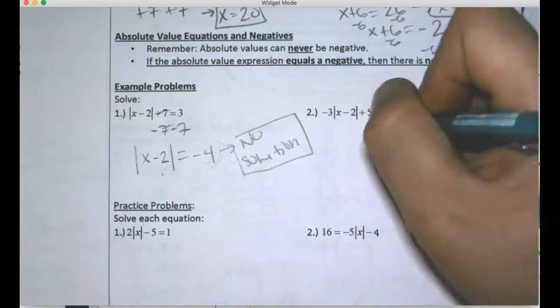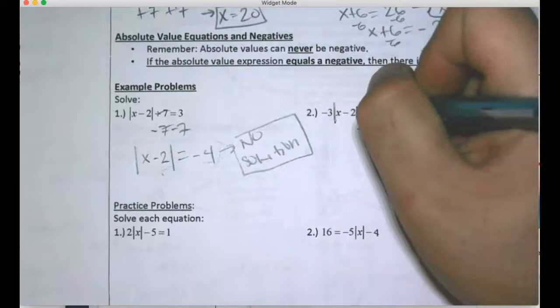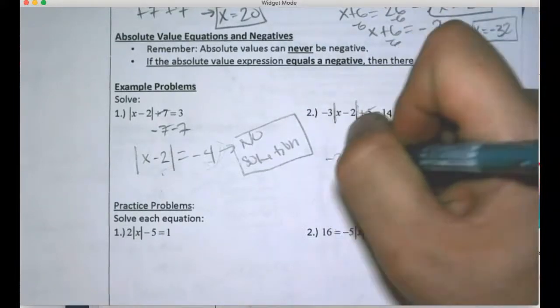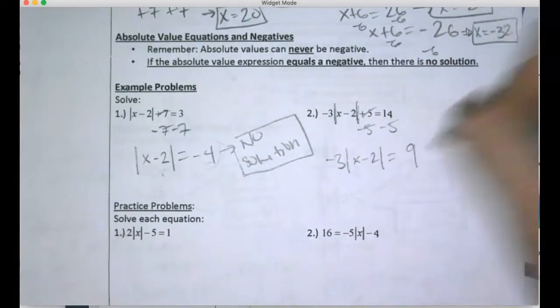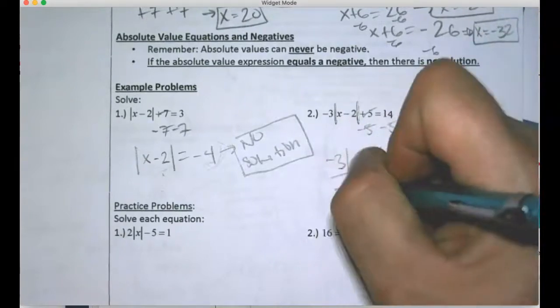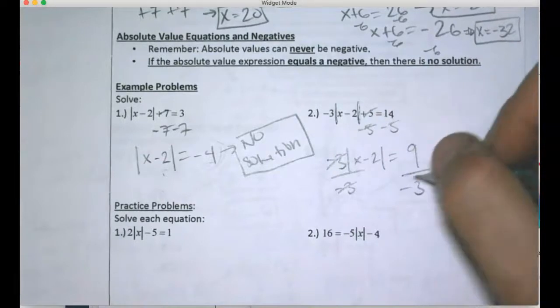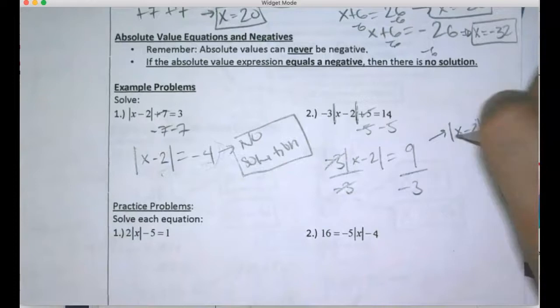So moving along, let me isolate, rewrite, and solve. I'm going to isolate this one by first subtracting 5. Remember, I'm trying to get the absolute value by itself, so I'm going to subtract 5. I still have negative 3 times the absolute value of x minus 2. 14 minus 5 is 9. Remember, you don't distribute into absolute value. I'm going to divide by negative 3 to get the absolute value of x minus 2 equals